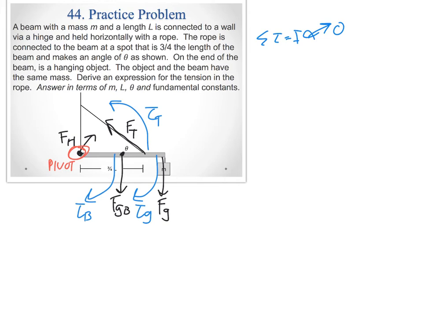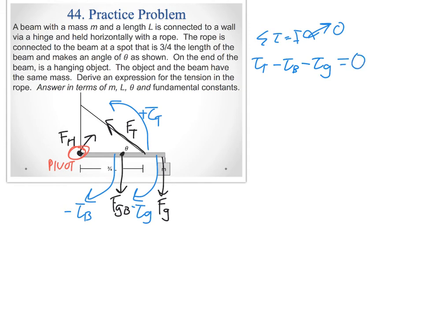So torque-wise, I'm going to have the torque of tension, and that's going to be a positive torque because it's going in the counterclockwise direction there. And then I'm going to have the torque from the beam and the torque from gravity, which are both going to be clockwise torques, and therefore they're both going to be negative. So minus the torque from the beam, minus the torque from gravity acting on that box,